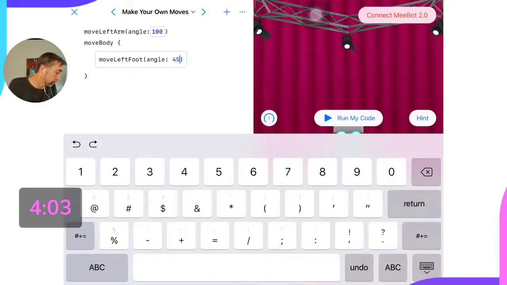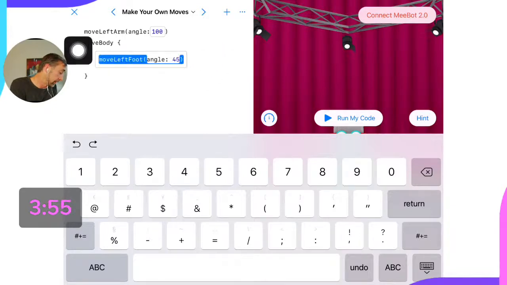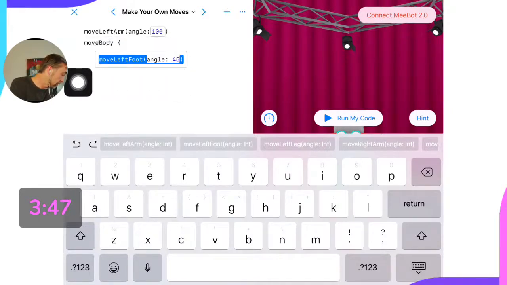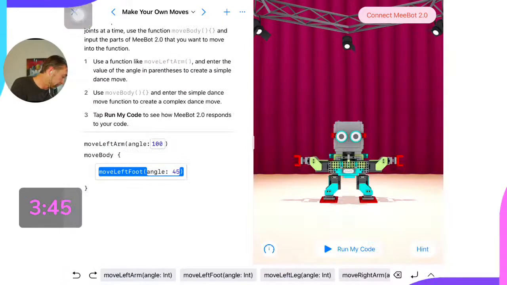Let's move it 45 degrees. Now before I hit the return key, I need to get my cursor, this blinking line here, at the end of the line. So when I tap to the end of the line, it highlighted the whole function that I'm calling. So I just need to sort of peck at it a little bit, try to get it to the